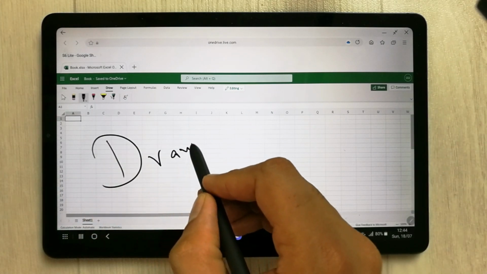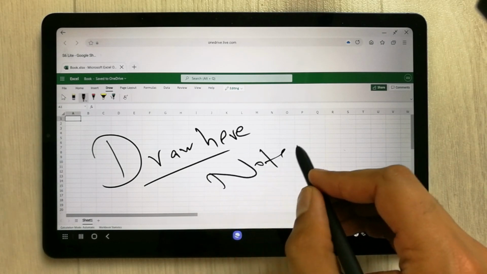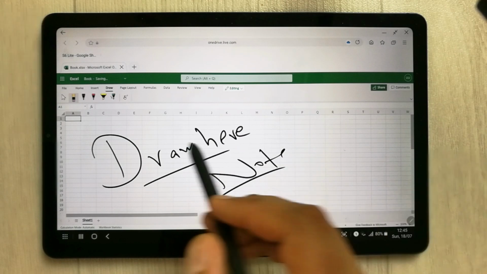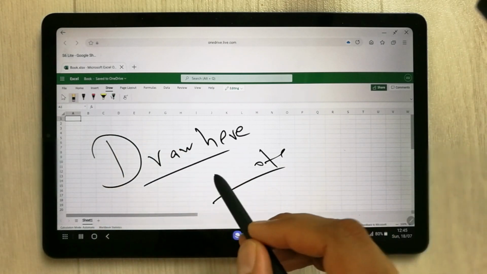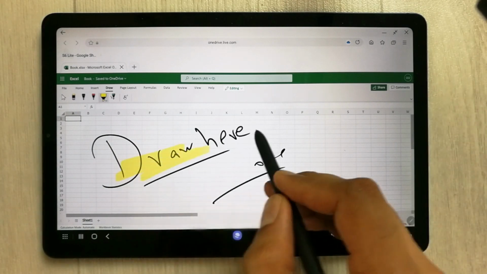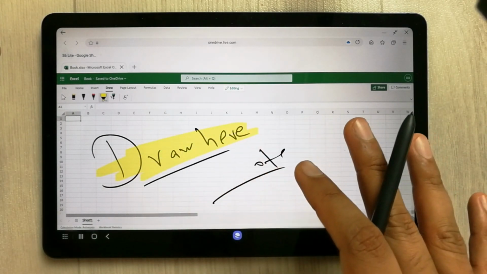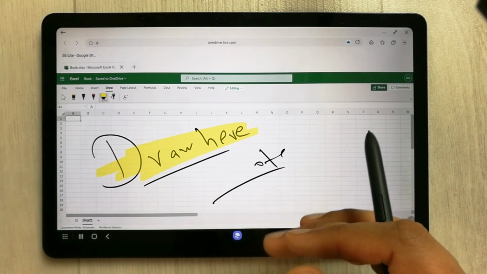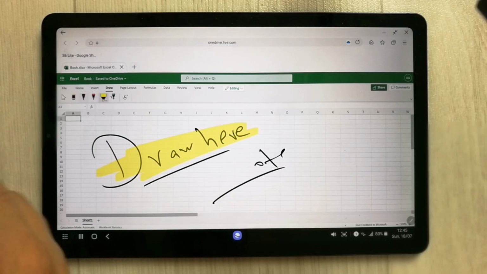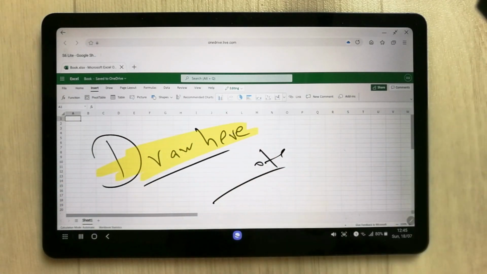You can see over here, you can write over here if you want to take some note. Okay, and all the tools are available. It gives you an eraser as well if you want to erase something. The highlighter option is also available. So all the tools you can use over here. So you can see over here, and you can also put all the formulas and everything in the Excel sheet. You can also insert the tables. You can also insert the graphs, the pie charts. All the options are available over here.